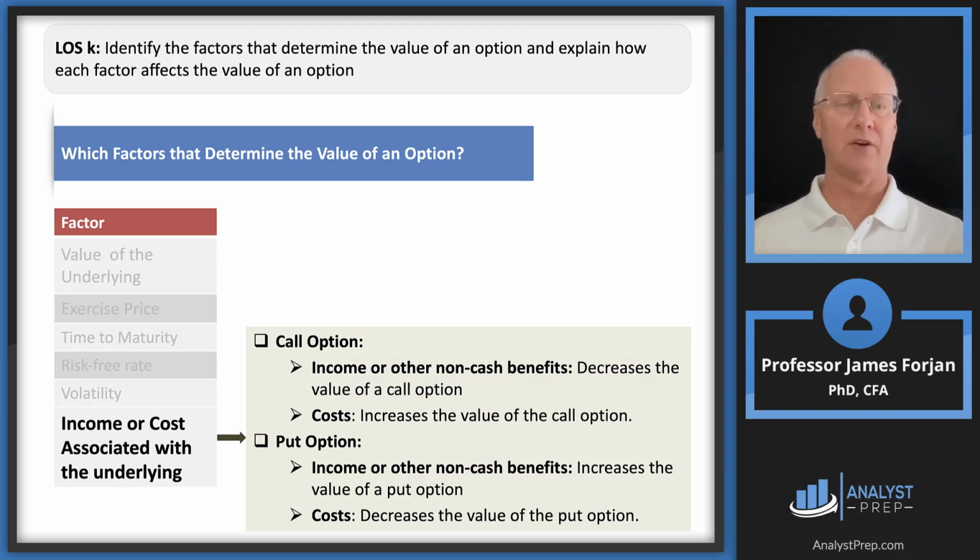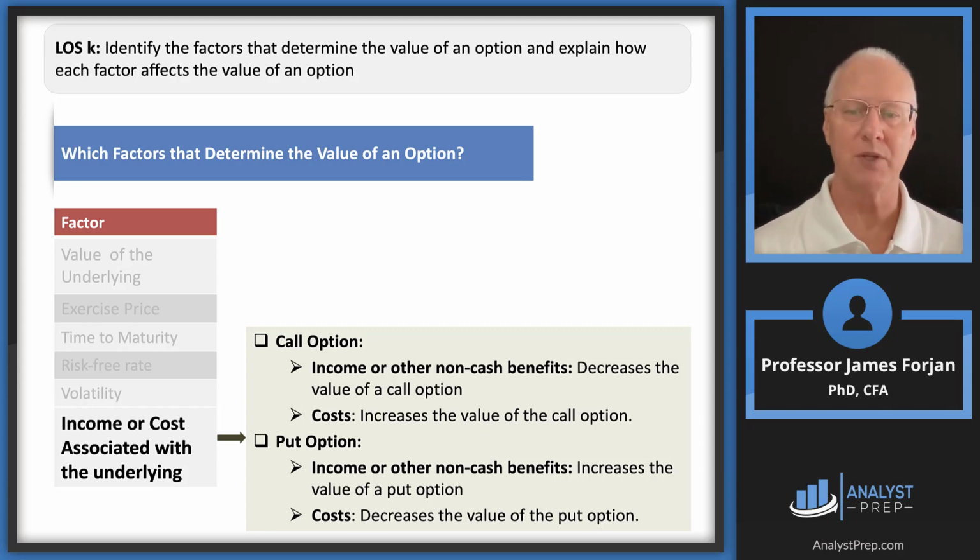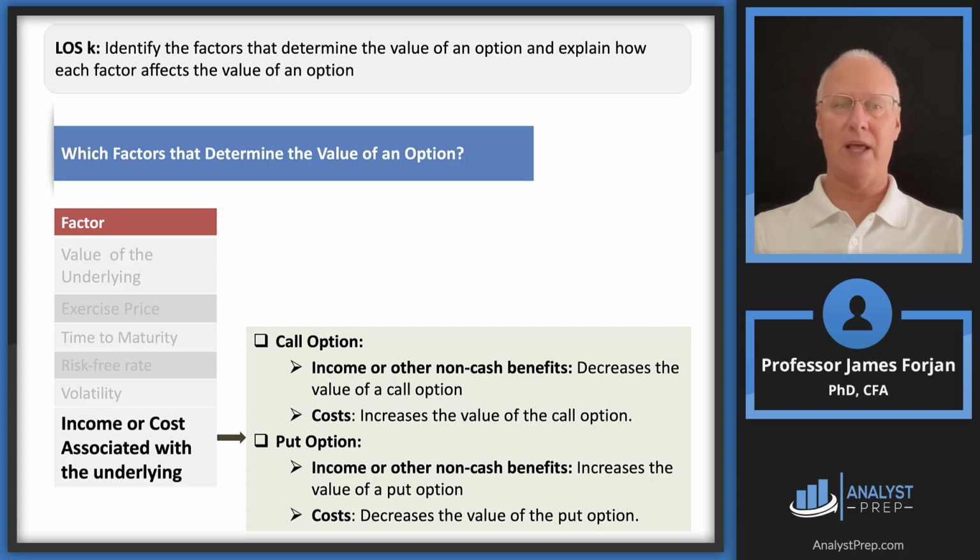Then the last factor is the income or cost associated with the underlying asset. Think of this simple example. If you buy a share of stock and that firm pays a dividend, well, you reach your hands out and say, hey, where's my dividend, right? You're legally entitled to receive that dividend. But if you own a call option on that share of stock, you're never going to receive that dividend payment because you're in the derivative market. The company doesn't really care how many options are written on its shares of stock. The company's never going to send you a check as the owner of the option. So whenever there's a dividend paid,